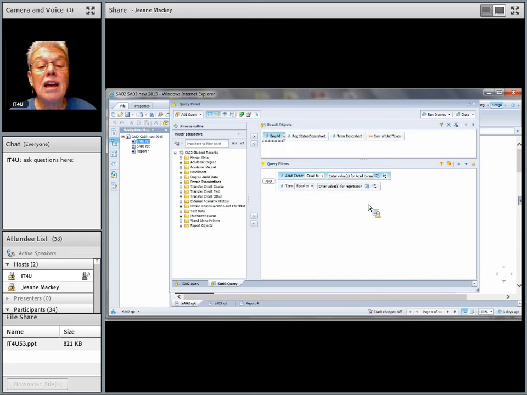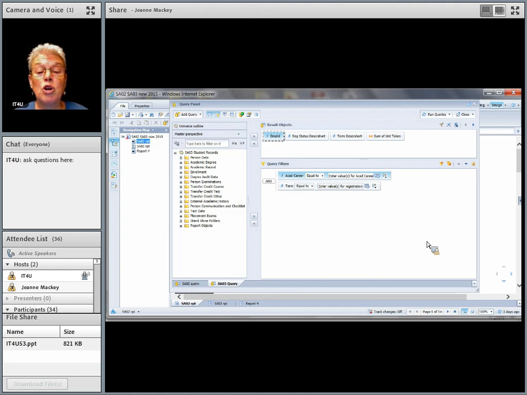And what have I got here? SAO3 is student records, so these are students who are already active and enrolled. I'm looking for their registration status, what term they registered, and how many credits they have now.